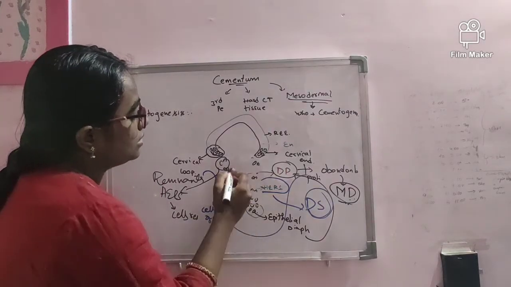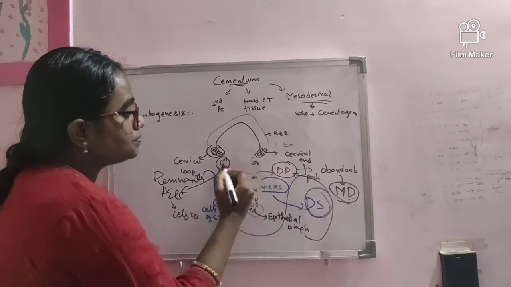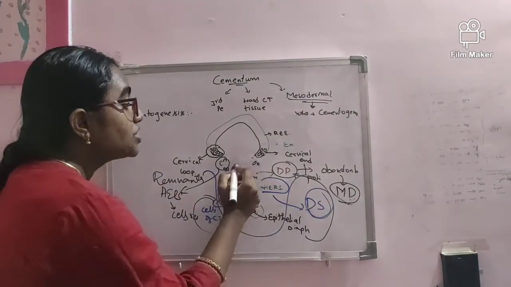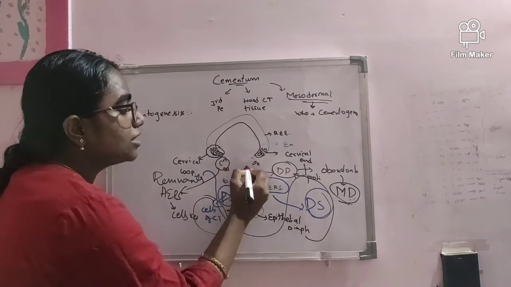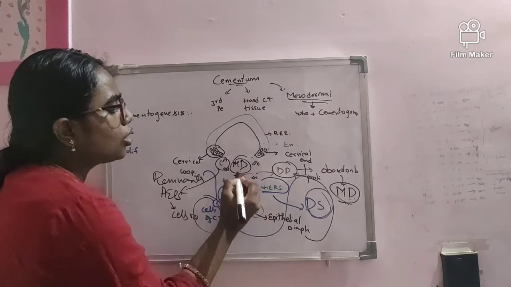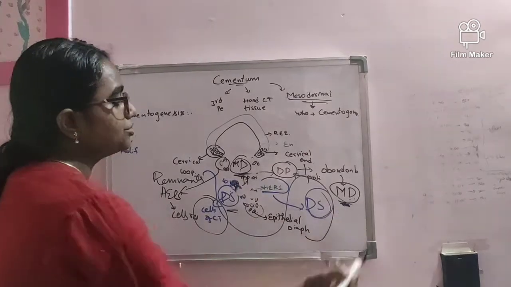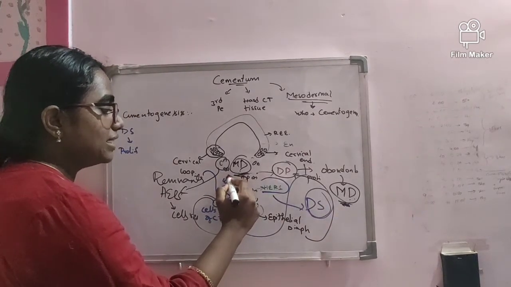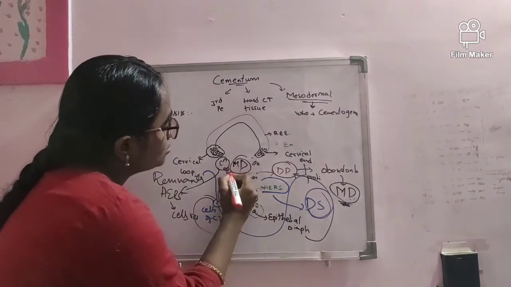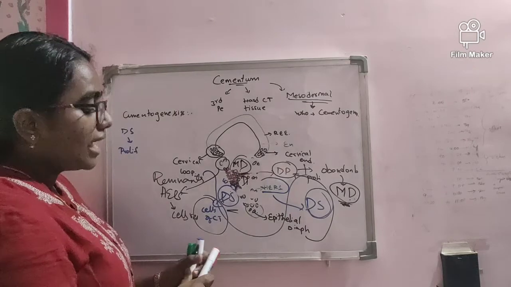So remember this point, cell rests of Malassez. It leads to the degeneration of Hertwig's epithelial root sheath, and the cells of this connective tissue are nothing but the cells of the dental sac. These cells of the dental sac come in contact with the mantle dentine, which is already formed from the dental papilla. I will use a different color. So these cells of the dental sac come in contact with the mantle dentine,